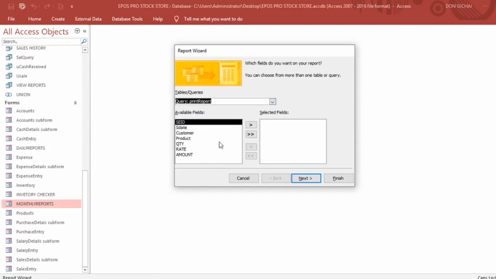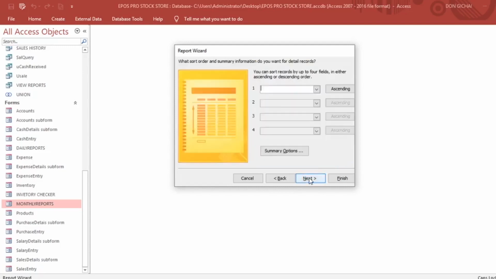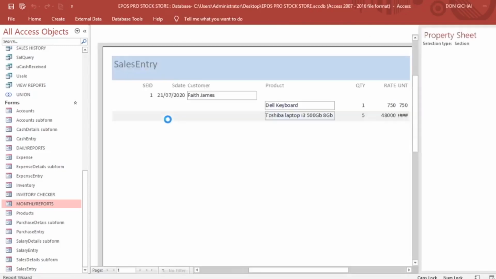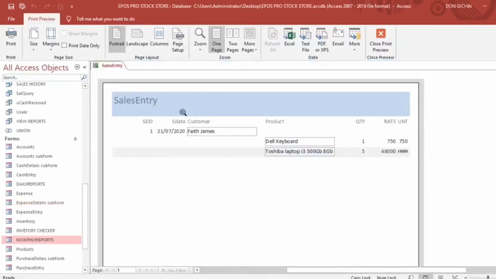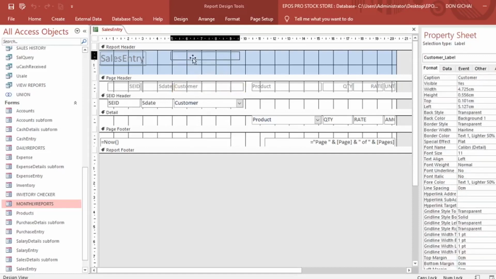This query code print report, you just go to date. We shall have that one, customer. Let's send everything to the right, then go to next, finish. Therefore this is our receipt, but we need to restructure it a bit so that the customer goes there,